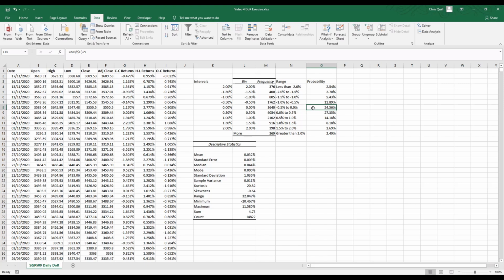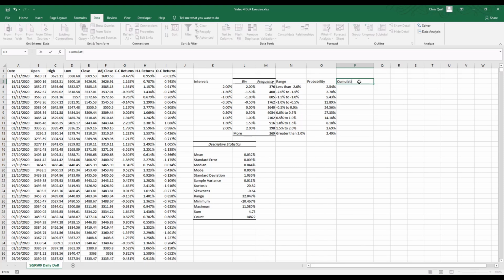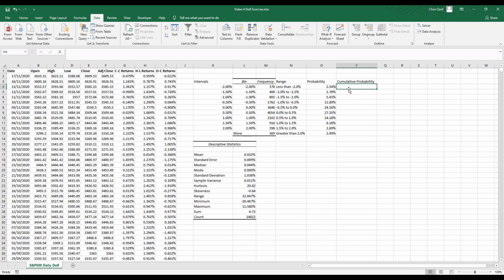Before we do that, I do want to add another column of data in column P, which is going to be the cumulative percentage or cumulative probability. So I'm going to expand column P already, and I'm going to head the column in cell P3 as cumulative probability. And this is just going to be the cumulative percentage or probability values from column O. So in column P, in cell P4, I'm going to type equals O4. In the next cell down, I'm going to put equals O5 plus